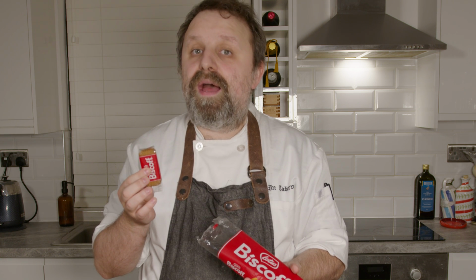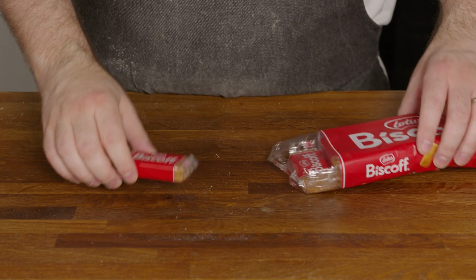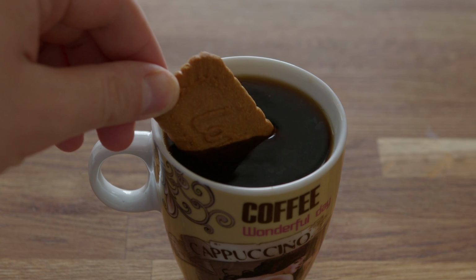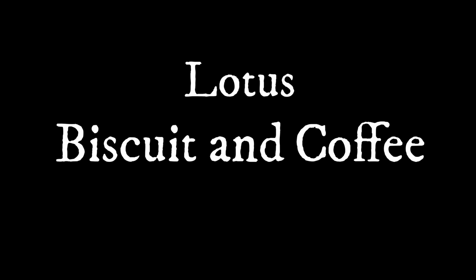As food production became more industrialized, the hygiene and convenience offered by single or double wrapped biscuits became very popular on airlines, in cafes, and with hairdressers. Lotus leaned into this, and in the 1980s, they started marketing their biscuit as the ideal companion to coffee. They came up with the portmanteau Biscoff, meaning biscuit and coffee, which rolls off the tongue a lot easier for